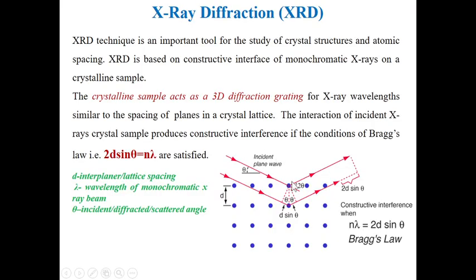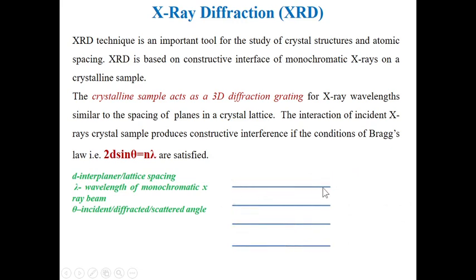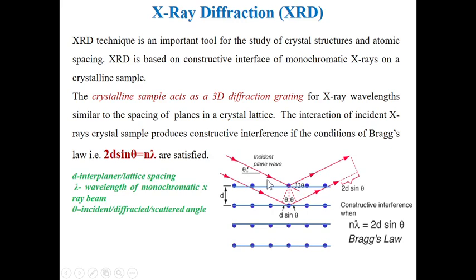Why does it have to diffract, and how does it have to diffract? See, this incident plane wave is going to be diffracted not from a single atom. Actually, if I consider these atoms collectively, they form a plane. Okay, these are the planes. So the incident radiation is reflected or diffracted from this plane, and it is going to interfere constructively here and be detected by the detector, right? If it satisfies this law, then it will be constructive interference, right?